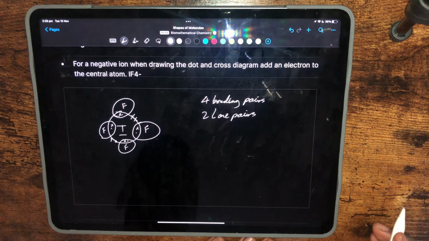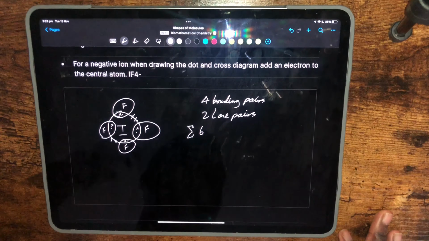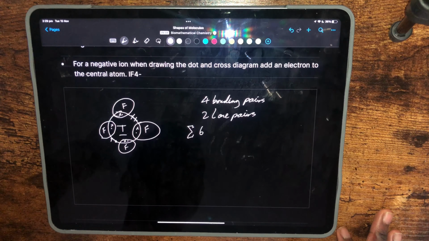I would describe this compound as having a steric number of 6, right? So it should look kind of octahedral in some form. And I believe it is square planar. I think this compound is called square planar. How I would represent this,